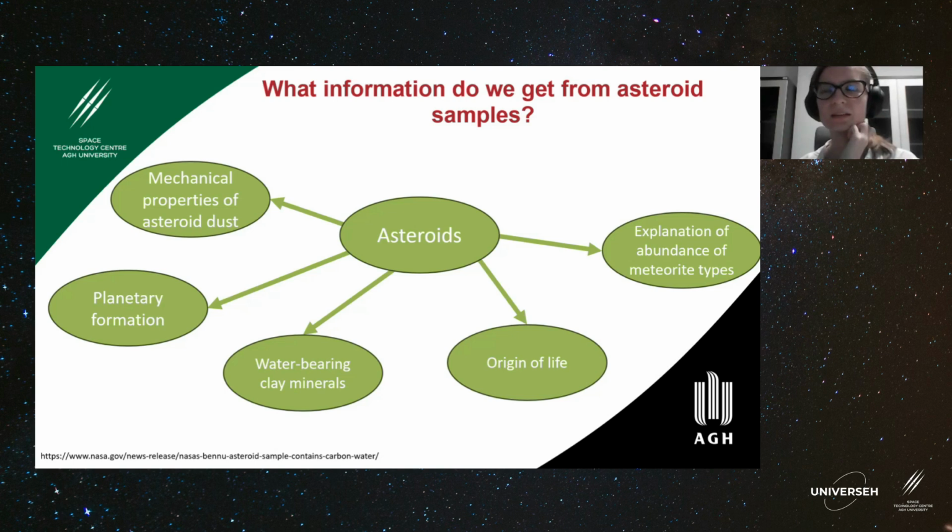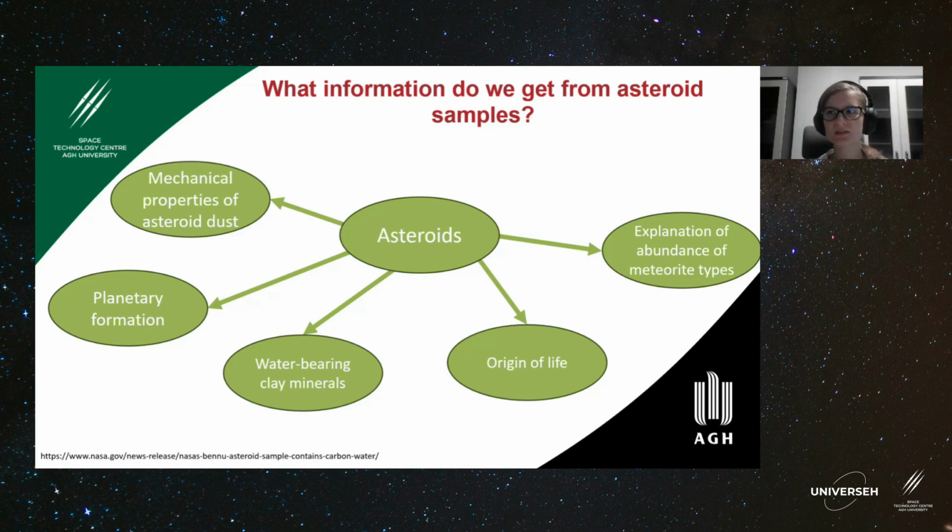And then it is possible to determine mechanical properties of asteroid dust, so also the regolith. It is possible to find water-bearing clay minerals, which actually were found in a recently studied sample brought from an asteroid by a NASA mission. And by studying pristine asteroid samples, it is possible to explain the abundance of meteorite types. What do I mean by that? There are various types of asteroids, and there are various types of meteorites. I won't really get into that classification now,